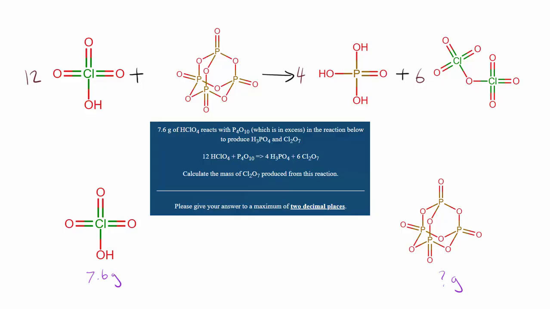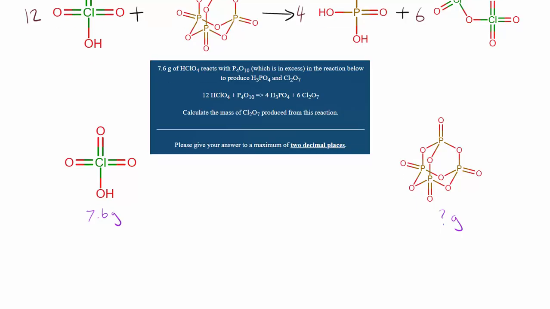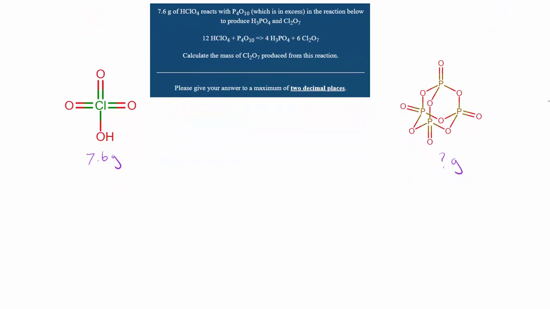So how are we actually going to figure that out? Well, the way I'm going to approach this is to consider what we actually need to get and what we have been given. As the question specifies, we need to get the mass of the dichlorine heptoxide. But how do we get there? Well, we're going to need to consider